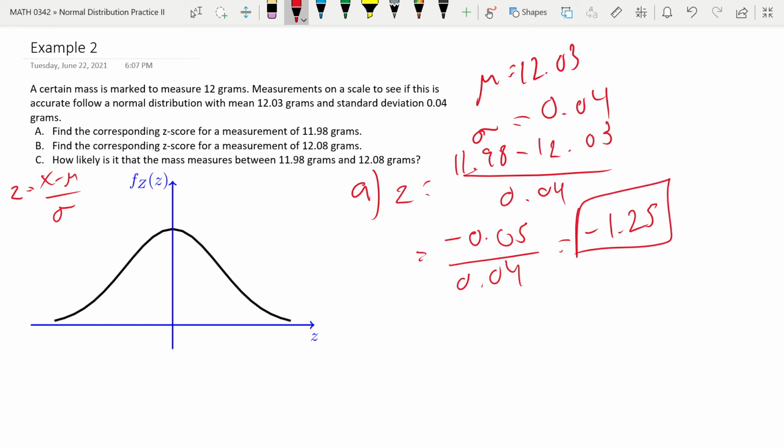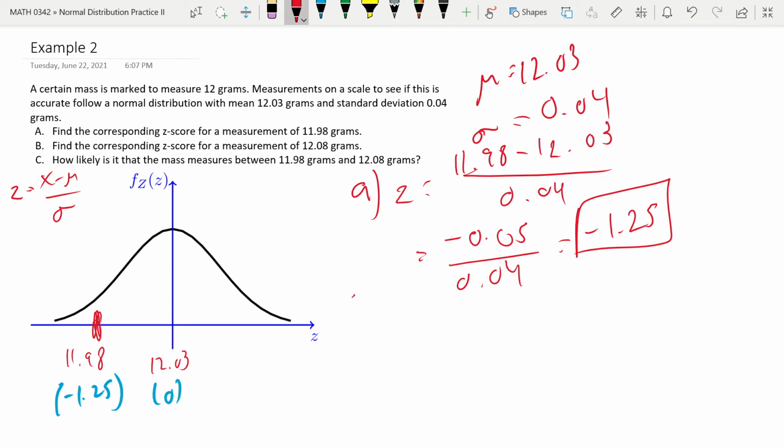And let's actually mark that on our picture here. So this here is 11.98 grams. The mean is 12.03. Okay. And now, in blue underneath, the mean here in the center is 0. This is minus 1.25. And now we need to go to the next one, the corresponding z-score for a measurement